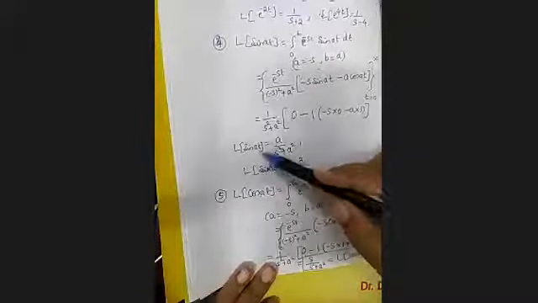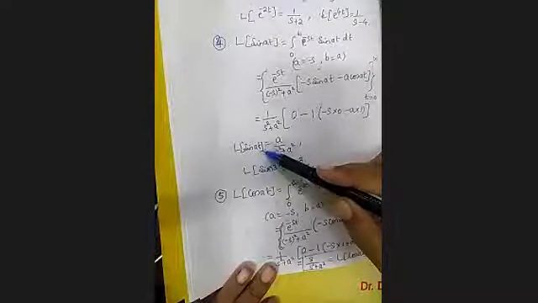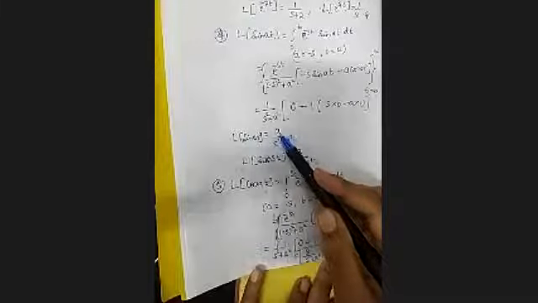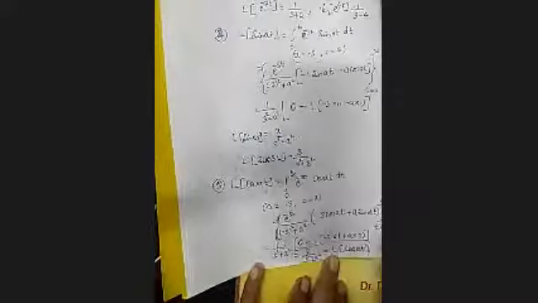See the results. Important. Because there will be a confusion, how I'll tell the students to remember. See, Laplace of sine at is a upon s square plus a square. Denominators are the same, but the numerator, I'll just tell you one way of remembering. Laplace of cos ends with s, correct? In cos, s will come. In Laplace of sine, either s or a will come, correct? On that basis you can remember, or somehow you just remember. So Laplace of cos at is s upon s square plus a square.